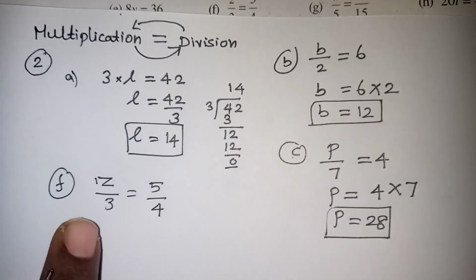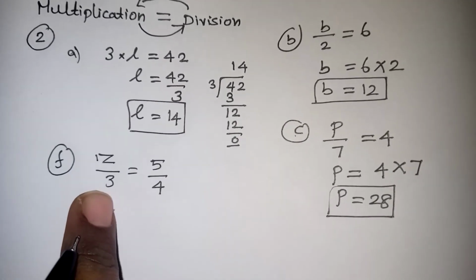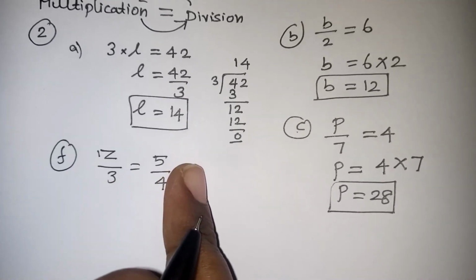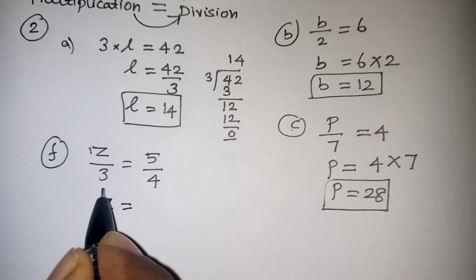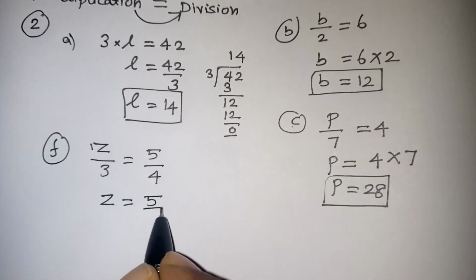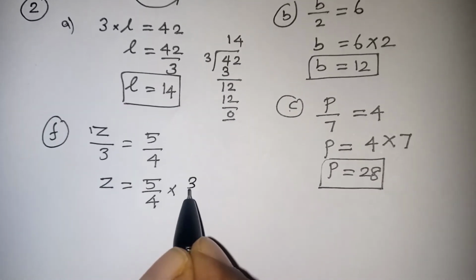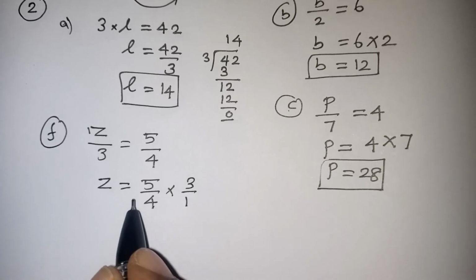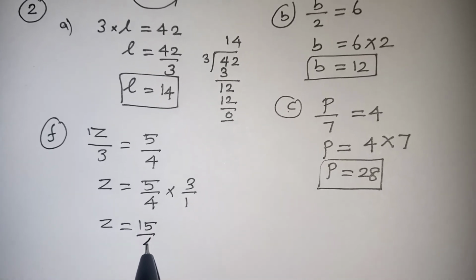Whenever we are taking the fractional number to the other side, it will become reciprocal. Or we can say that the division 3, if you are going to that side, it will become multiplication also, correct only. So Z is equal to, here we have a division 3 taken to the other side, multiplication, or it is 1 by 3. If we take it to the other side, it will become 3 by 1. Anyway, it is correct only. 5 3s are 15. 15 by 4 is our correct answer.